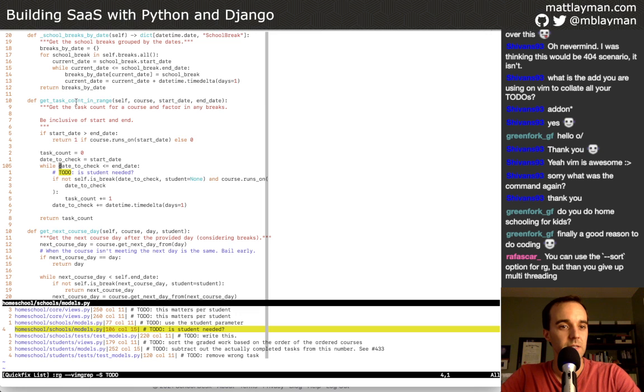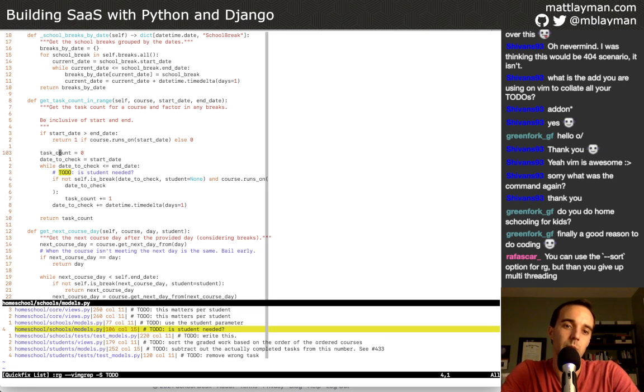So this get task count in range method is the thing that does the index calculation. It's really important that I get this right. There have been so many times where I come into this method to ask, is this method right? Every time I walk away with this method being the right one. It's the stuff right above it, though, that tends to be wrong. So I'm hesitant here, but I think there's nothing we can do about it.